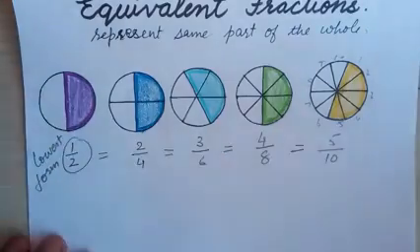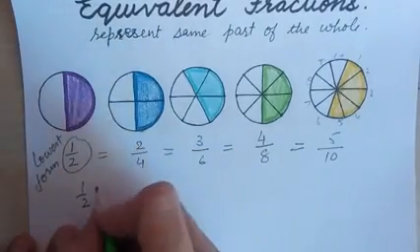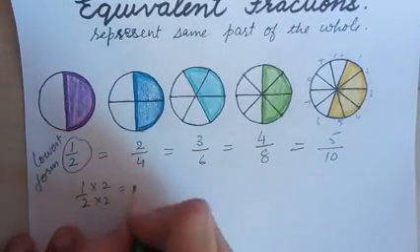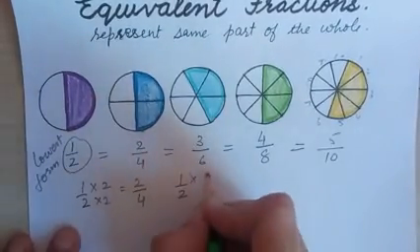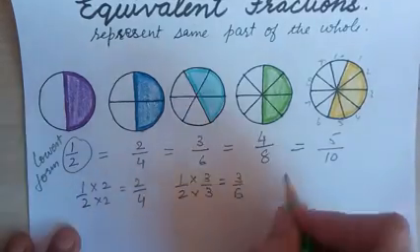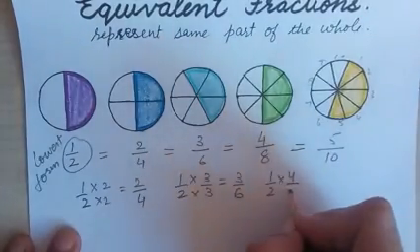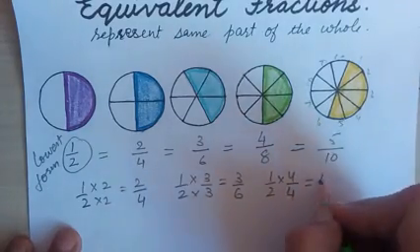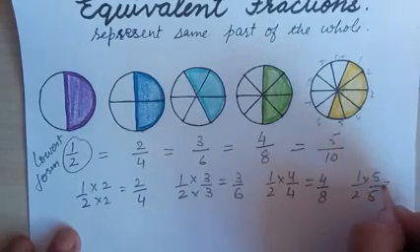So how are we getting these? Half is given, then how do we get this fraction? Up and down, we multiply by 2, we get 2 by 4. If I take half and multiply numerator and denominator by 3, I get 3 by 6. Half, and multiplying numerator and denominator by 4, it is 4 upon 8. Similarly, multiplying numerator and denominator by 5, I get 5 by 10.